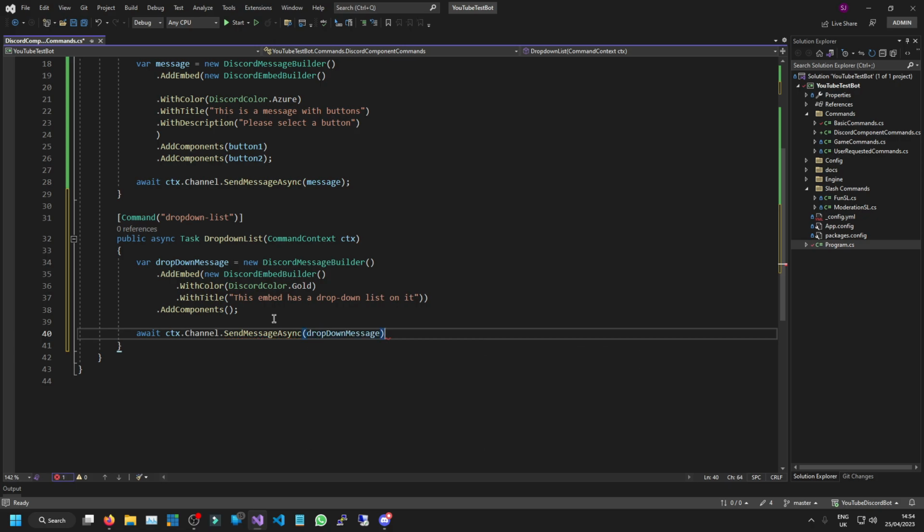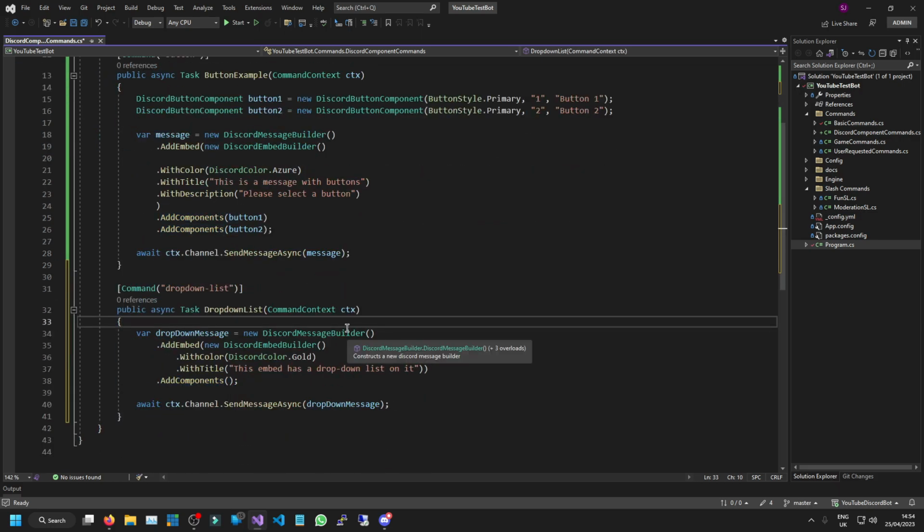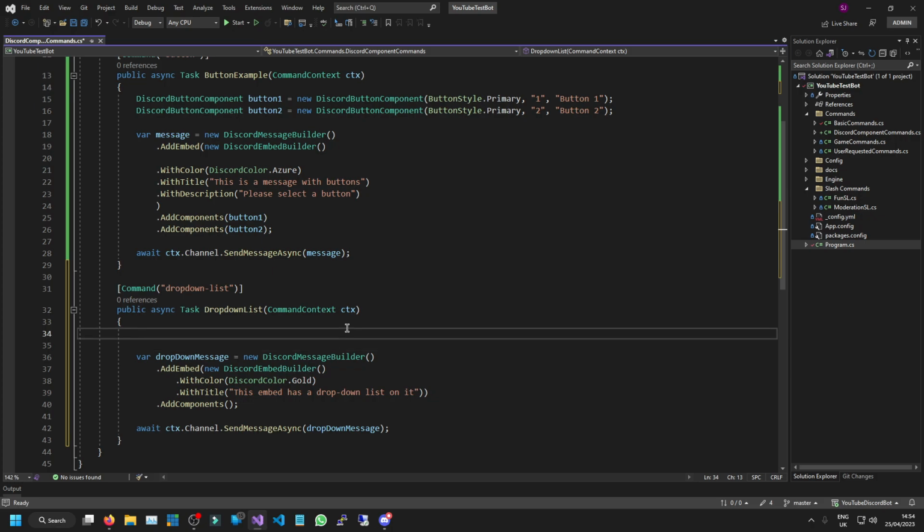So just like we did for buttons, we are going to declare our drop down list early on, and then just attach it to the actual message, because it's a much neater process, right? So what we're going to do is make our drop down list component up here. So we're going to say var drop down, and this is going to be equal to a